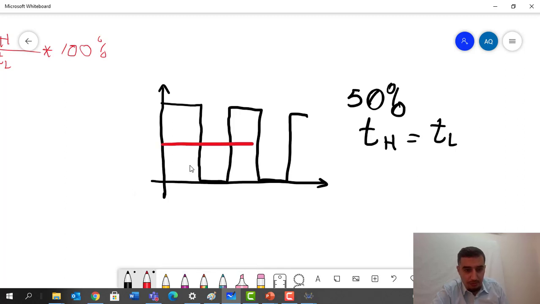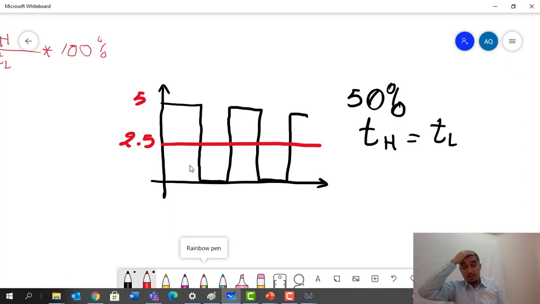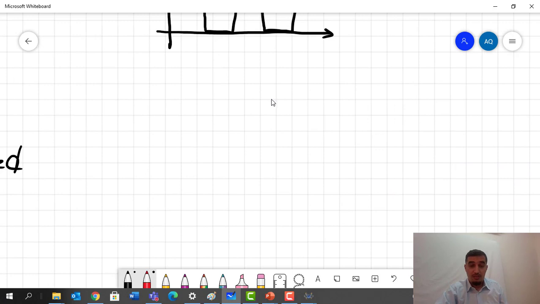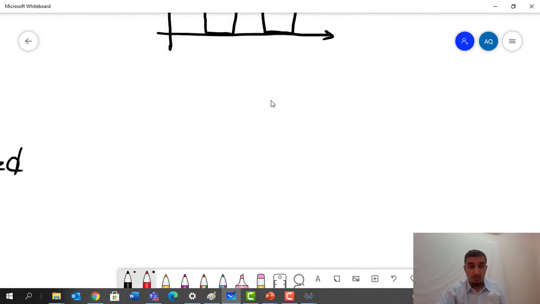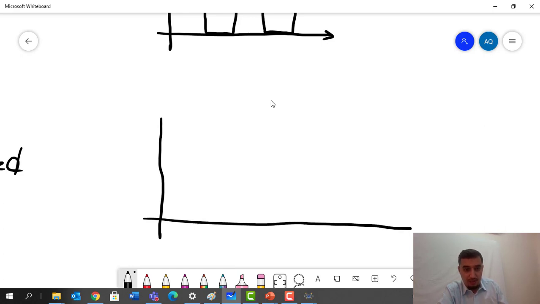around 2.5 volts because of switching on and off. So if I increase my duty cycle to something like, let's say, 70%,